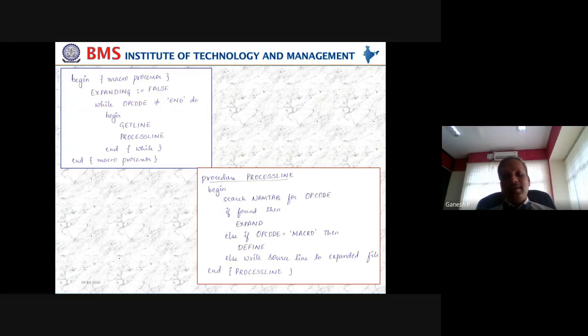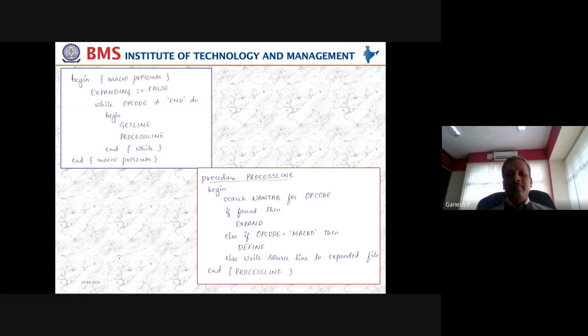So we process line. That means each line we encounter in pass 1, we see whether we have a macro as an assembly directive or a mend as assembly directive or any other thing. So depending upon that, we have to select the data structure. So in pass 1, what we'll do, we'll try to fill the name tab and we also try to fill the definition table. So once that is done, we'll go to the argument table when there is a call for the macro. So we'll search the name table in the processing.